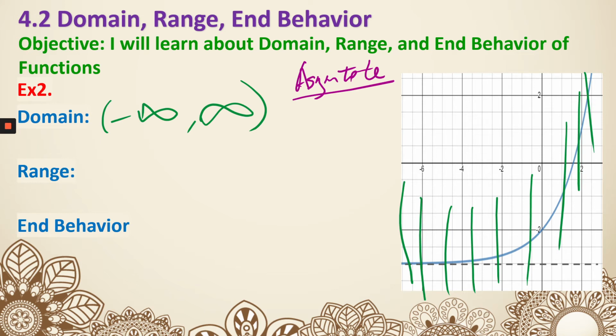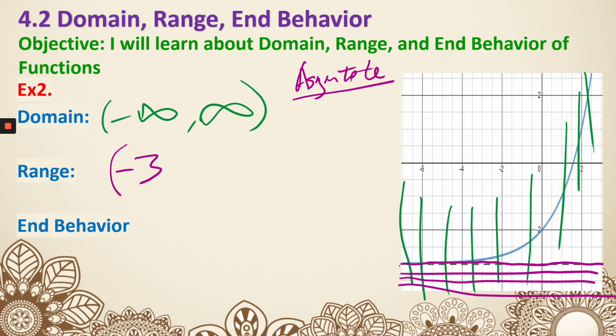It actually means the graph is not crossing that line, it's actually getting close to it. So I draw a horizontal line there. It's not crossing any part of the graph. It keeps on moving up, still not crossing. And even if my line is exactly on that dotted line, because it's an asymptote, the graph is not crossing it or touching it. So even though that value is -3, since I'm not touching it, I cannot include that value. That's why it's going to be parentheses, not square bracket. And if I keep drawing my horizontal line, it goes all the way up to